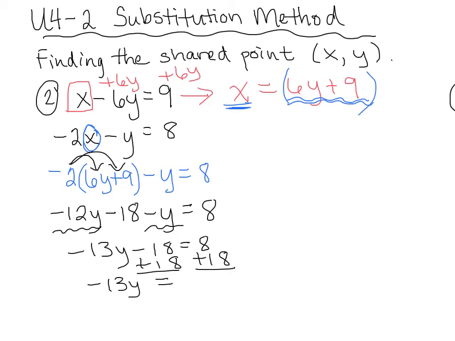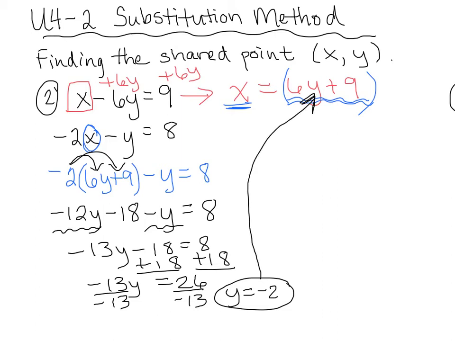Eight plus 18, it's 26. Divide by negative 13, and we find that y equals negative 2. Okay, and now we need to find the x value, and so I plug this right up into that equation for x, right? X equals 6 times y plus 9. We now know that y equals negative 2, so 6 times negative 2 plus 9,